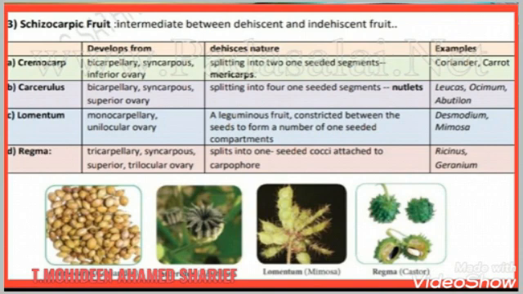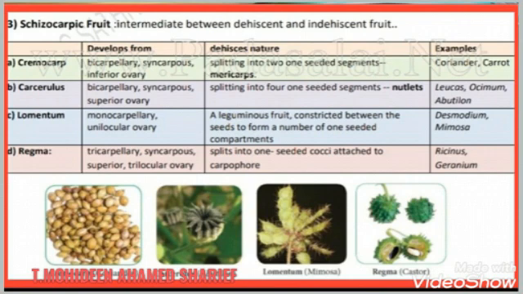Next we will see about multiple or composite fruit. A composite fruit develops from the whole inflorescence along with its peduncle on which the flowers are borne. They are of two types. Sorosis, a fleshy multiple fruit which develops from a spike or spadix. The flowers fuse together by their succulent perianth, and at the same time the axis bearing them becomes fleshy or juicy, and the whole inflorescence forms a compact mass. Example, pineapple, jackfruit and mulberry.